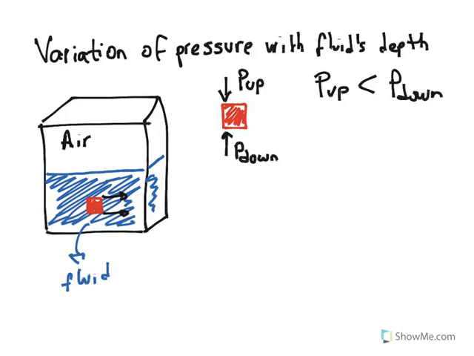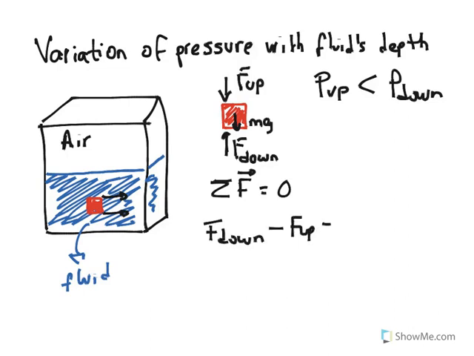So since this is a free body diagram, it is very good for us to change this to a force upwards, a force downwards, and of course there is going to be its own weight, right? Because this has a weight, and this will be in equilibrium. So Newton's first law states that the sum of forces has to be equal to 0, and if we state that the downwards, which is positive, minus the upwards force minus its own weight has to be equal to 0,